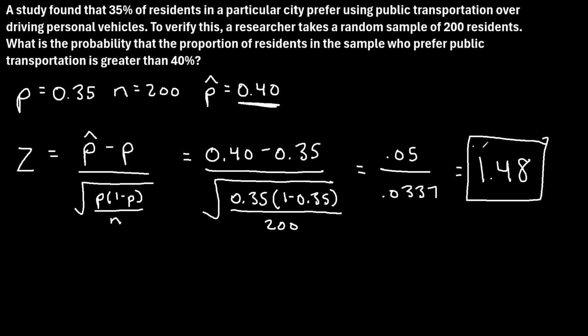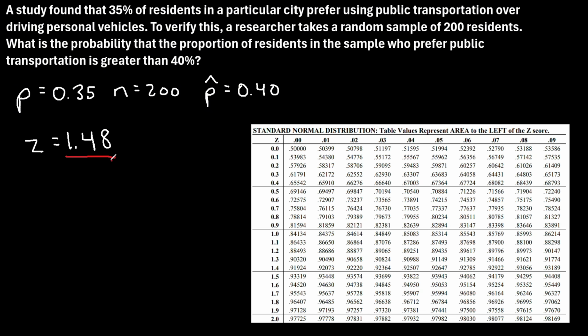The last step is we need to find the probability associated with this z-score, so let's look up 1.48 in a z-table. To do that, let's first look up 1.4 in the left-hand column, which is right here, and then we'll look up 0.08 along the top row, which is right here. We'll find where these two values intersect. If we draw a line like this and a line like this, they intersect at